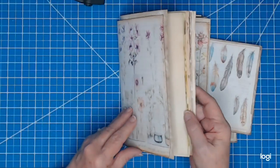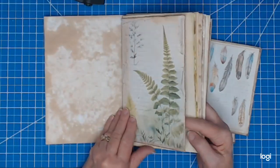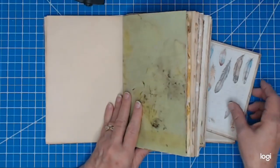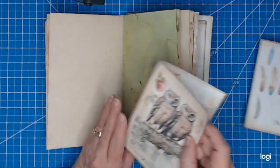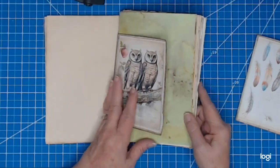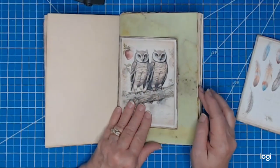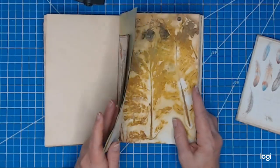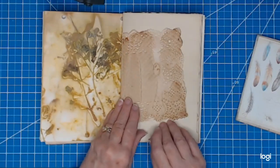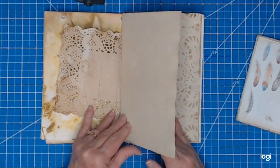All right, so let's find some places for it. So we have digital here, and then we have this coffee dye. Let's put one here. Let's put this one in here. Like that. Oh, it goes together well with the green. I do like that. And let's find another spot. So we've got the ledger paper, got this, we've got the doily, and